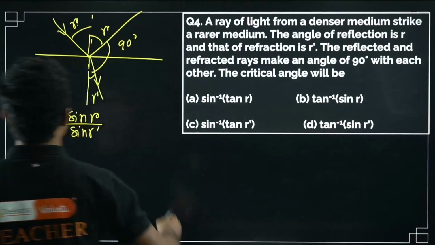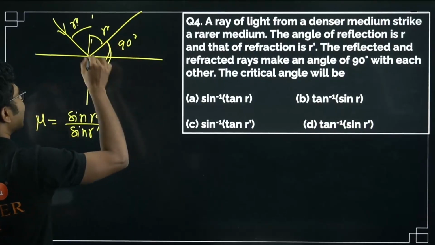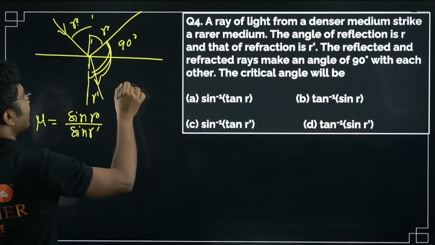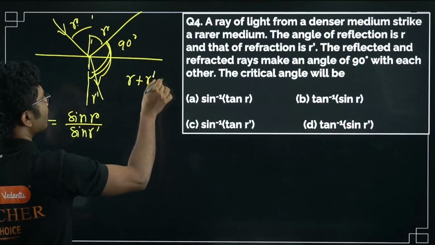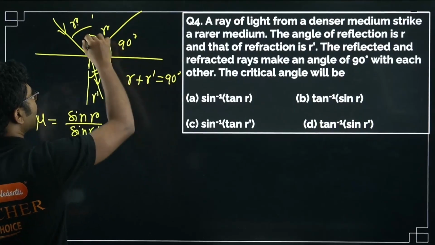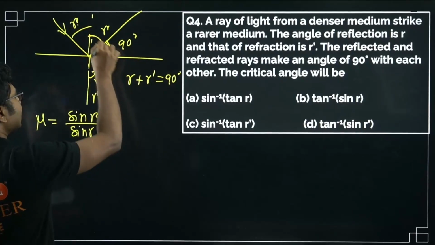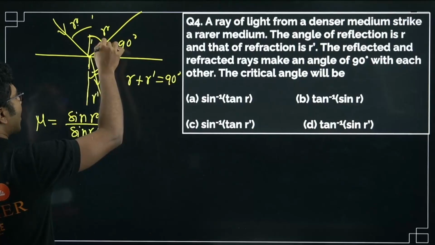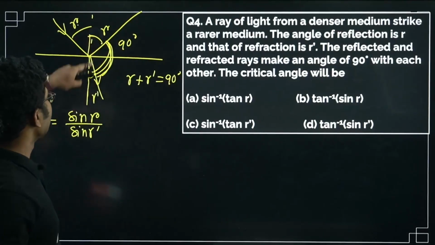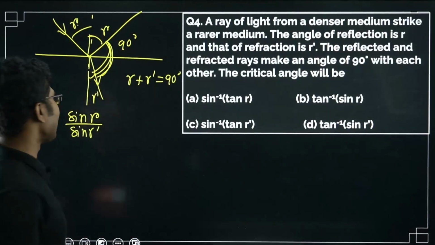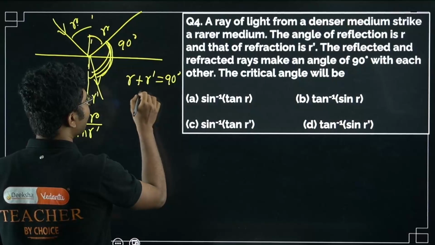Now in this case, this angle is 90 degrees, which means r plus r dash is also 90 degrees, because the total angle is 180 degrees and out of that this is 90, so the rest should also give you 90 degrees. So from there we can say that,